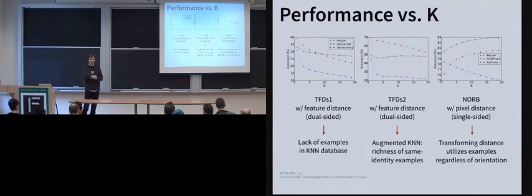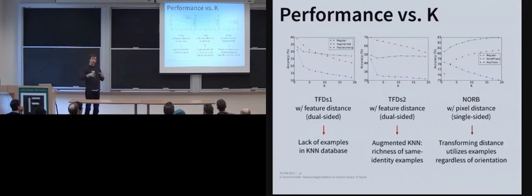That's K equals 1. There's also the idea that we have up to 4 of the same images of a person in the database, so there's more examples, and the relational model has been able to see every single person. So that's the TFD split 2. It's a little bit easier a problem. However, in both of these cases, there's a very limited amount of examples for a person in that database. And so when we increase K, which is the number of hits you're allowed to make in the database to vote on the identity, we see the performance drop off for the traditional metric, as well as the transforming distance.